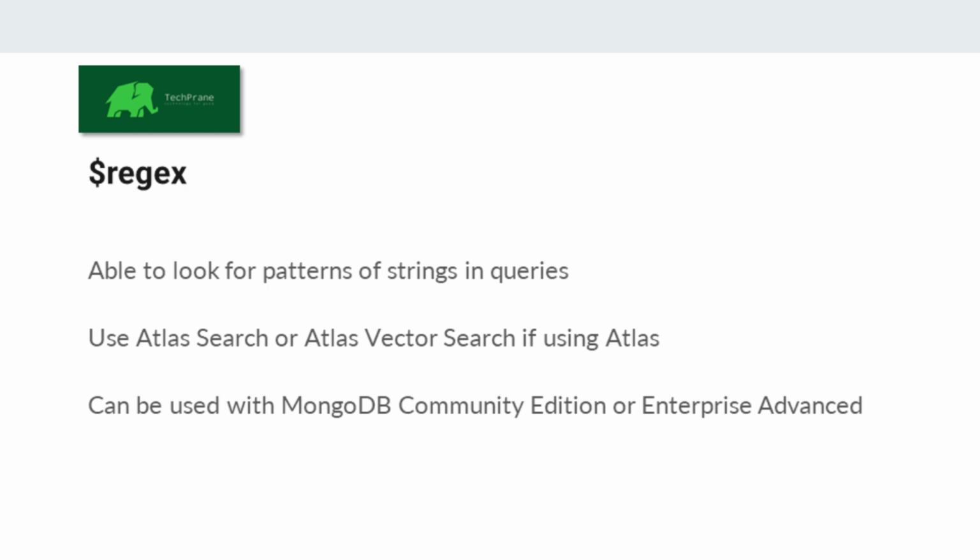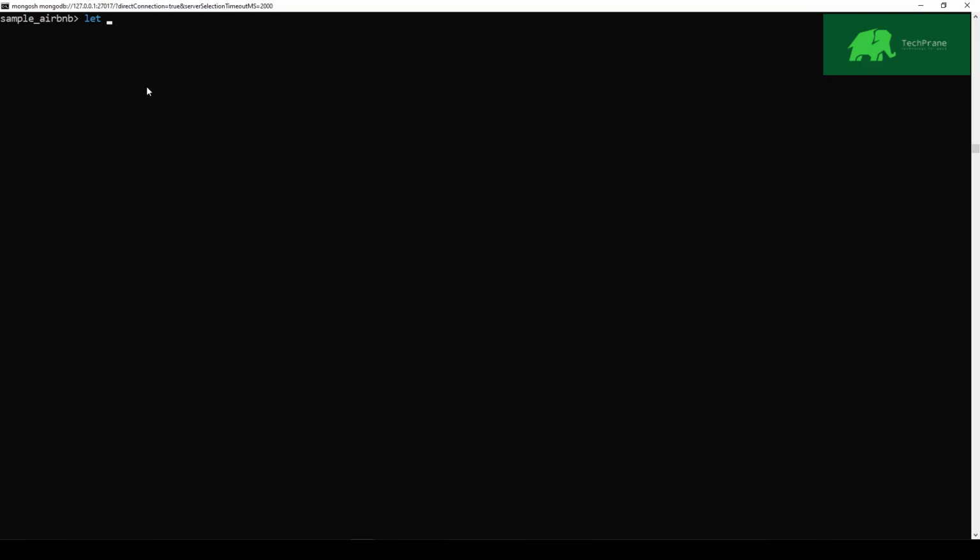So let's suppose that we're looking for the following string within our listings and reviews collection within the sample Airbnb database. So I might be looking for name, and I know that in that name there is this string here, Porto. So I can write the regular expression like that. So find me that pattern within the name field. I can put this together to say listings and reviews, so that's my collection. And I can say find and pass the filter in,